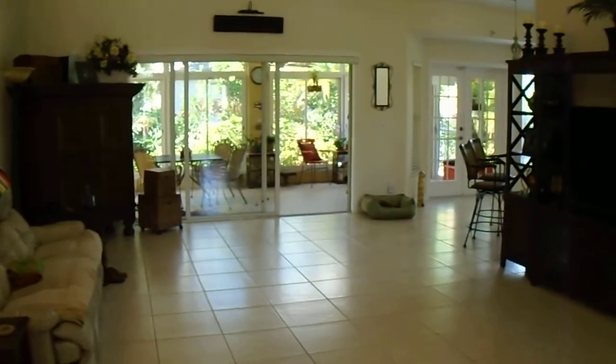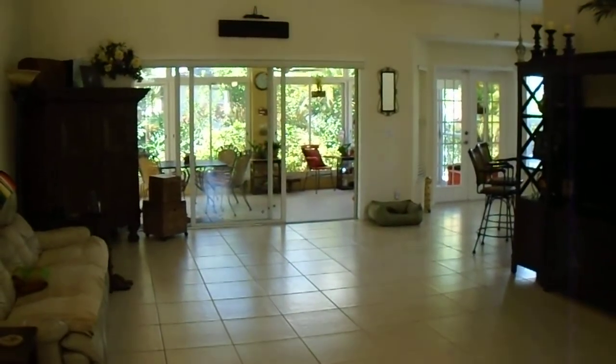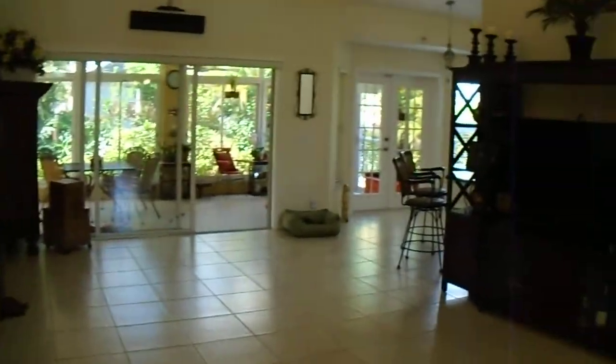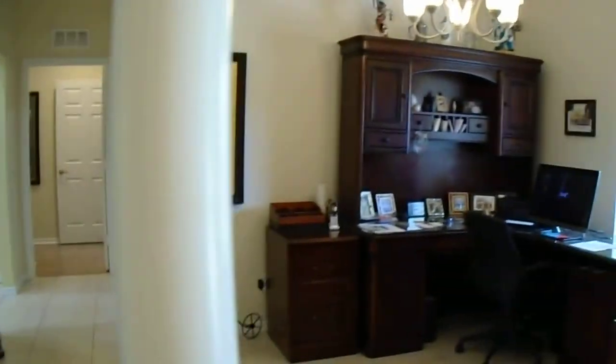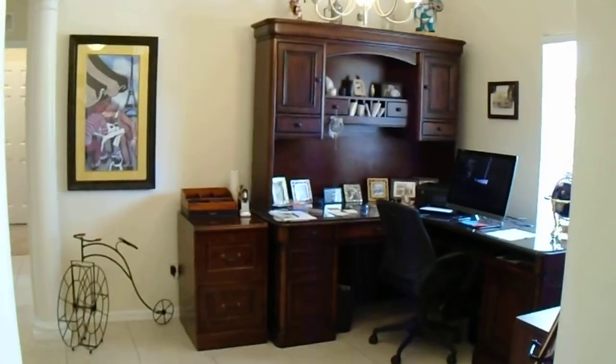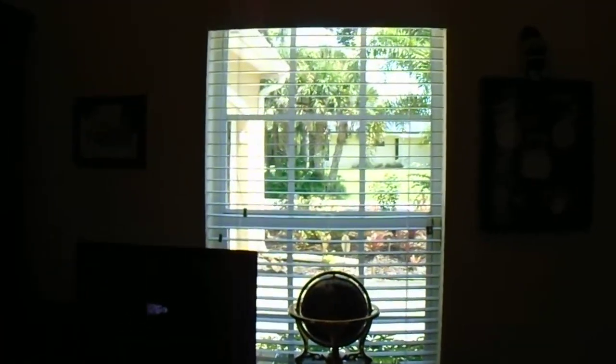This is the front entryway leading into the living room, and you can see into the Florida room and into the kitchen part of the area. You can see down the hallway to the master bedroom, and you can see Dan's office. And from Dan's office, you look out into the driveway. So, front entryway,